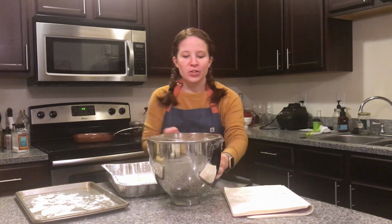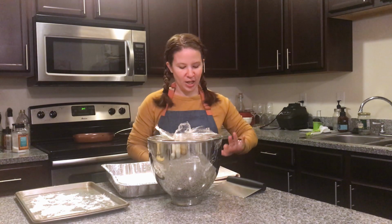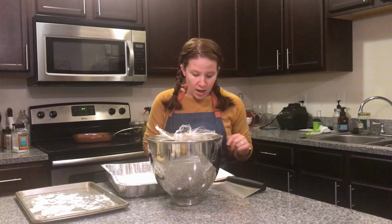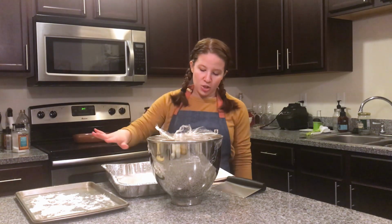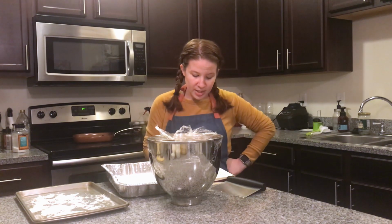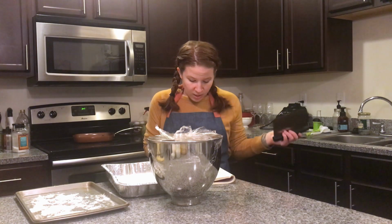You can do this. So let me get all of my notes, because there are a lot of notes for this. Again, you can keep it in the fridge for up to 3 days, and that'll get you a lot of flavor. And then I lightly dusted baking sheets with flour, and then you're going to turn the cold dough out on the floured surface and then cut it in half with a knife,